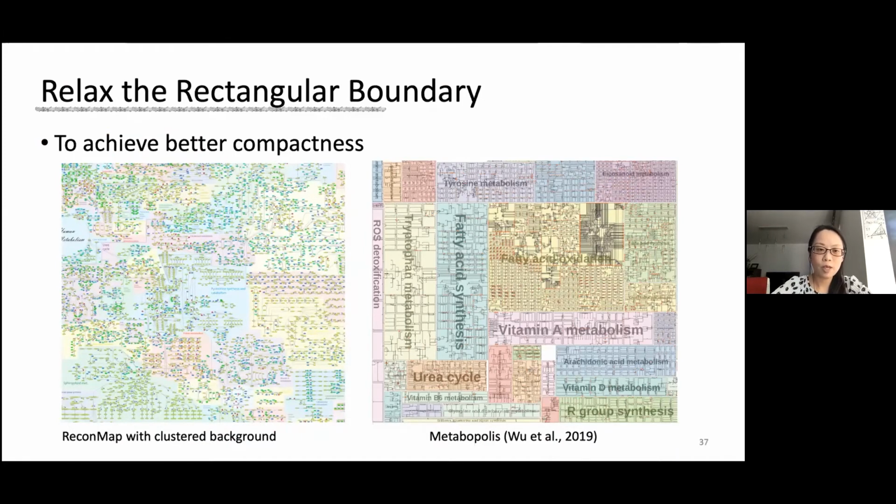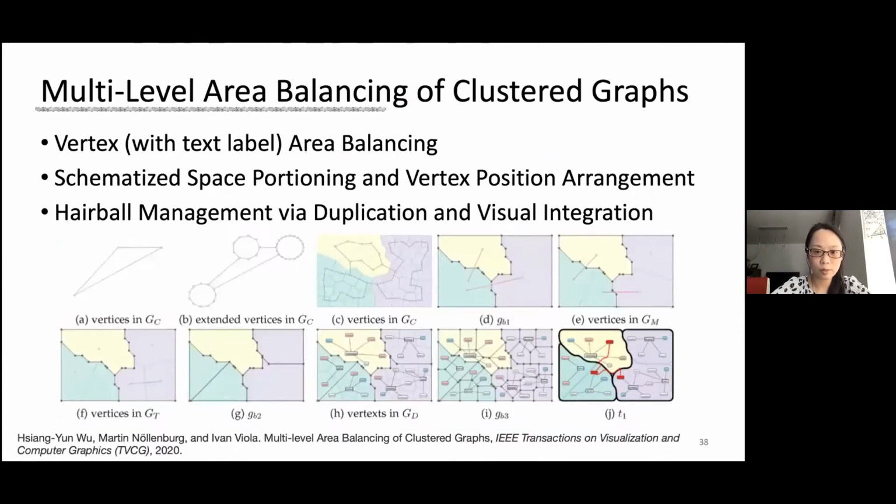Yes, so what about... If you take a look at the classical representation created by humans, it doesn't have this kind of artificial rectangular representation, which is kind of an artifact from the previous approach. So our next approach was trying to find a more flexible boundary representation for such type of complex network. So what we did is we tried to incorporate the multi-level concept, where we try to roughly decompose